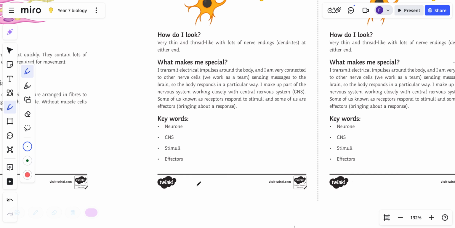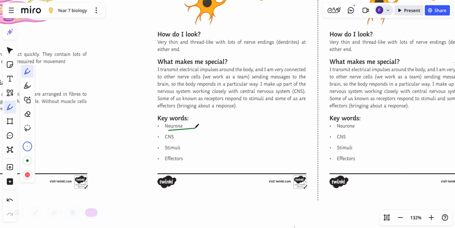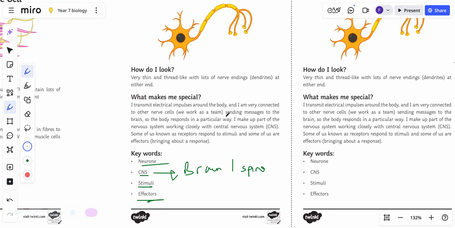This is a nerve cell. The technical word is a neuron. You'll hear CNS, that's central nervous system, your brain and your spine. You find it in other places as well. Your brain and your spine. They react to stimulus. That is what's happening in the environment. If you get a pinprick, that is a stimulus. Okay? Oh my God, all this information I'm throwing at you. And they cause an effect. They cause your hand to move away from something sharp. Right? The key idea for me is they're long and thin and they send messages.